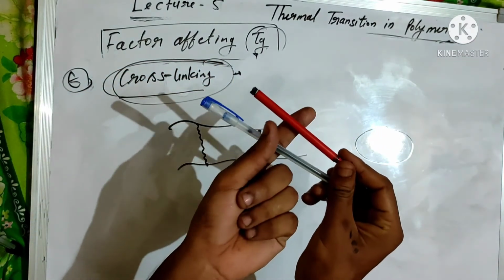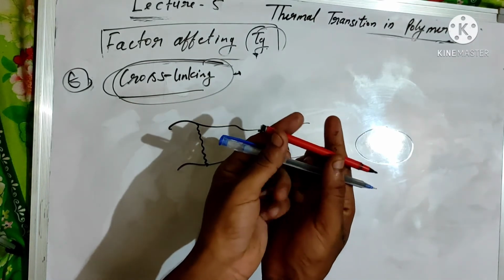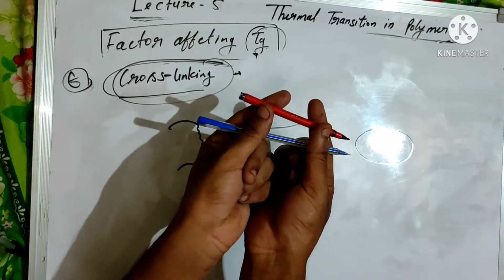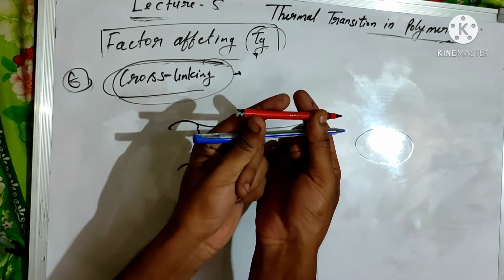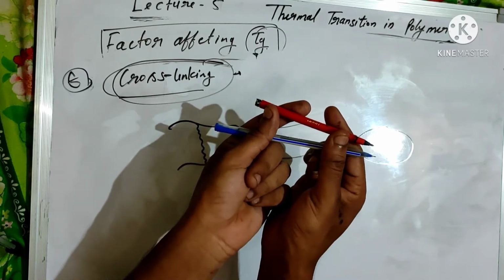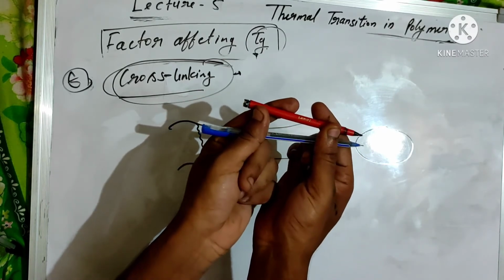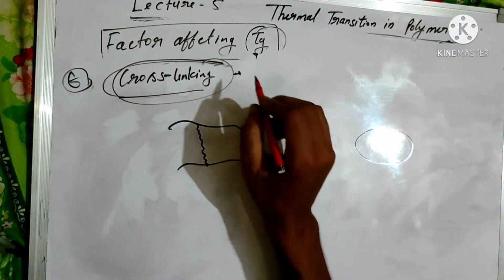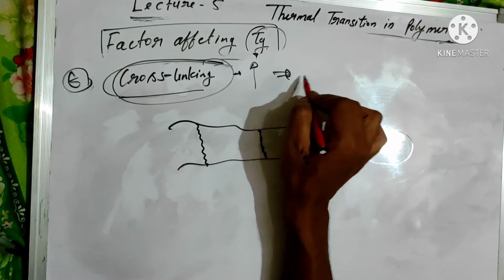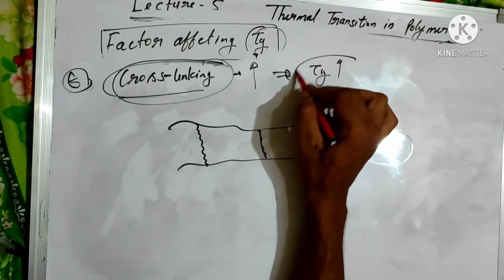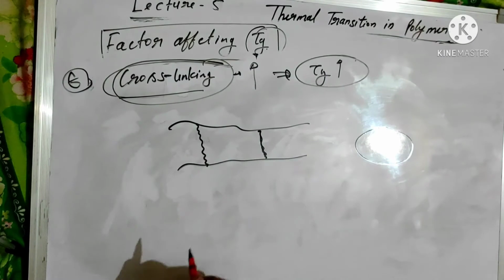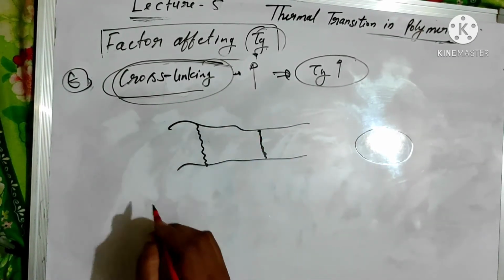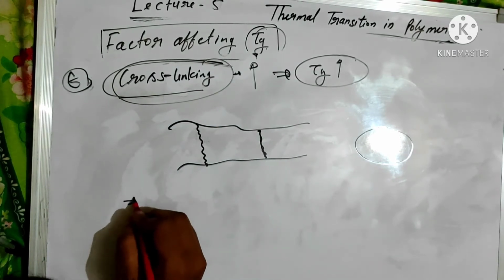But when we induce the interlocking between both chains, this is the interlocking between the two polymers. Can you rotate this type? This is very difficult to rotate. That's why their flexibility will be reduced and their glass transition temperature will be increased. When increasing the cross-linking, the glass transition temperature of the polymer will also be increased. Then the empirical formula between the glass transition temperature and cross-linking of the polymer is given by the equation